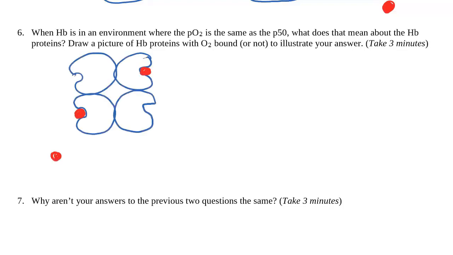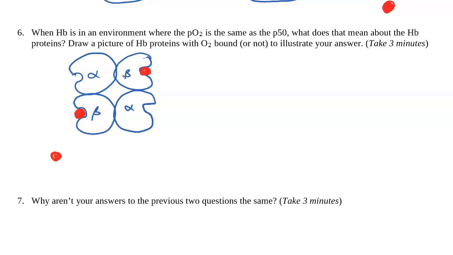All right, here's one thing you could have drawn. Remember, hemoglobin is tetrameric and it has 4 binding sites. So in my fabulous picture here, I've drawn hemoglobin. You might remember that it has 2 alpha chains and 2 beta chains, two alpha subdomains and two beta subdomains. And I've shown only one hemoglobin molecule with half the binding sites filled. That's one way you could do it.